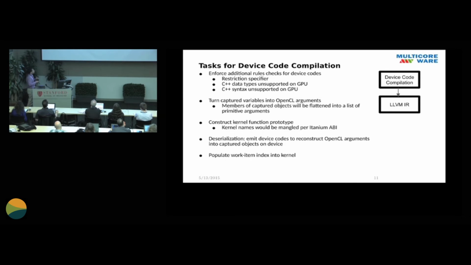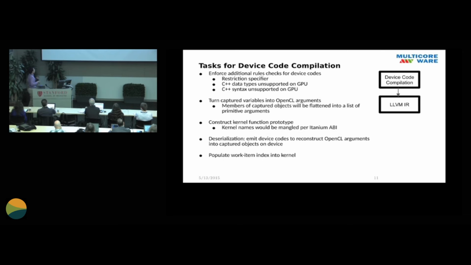And also, I forgot to mention that in C++, lambda functions have no name associated with them. So how do we distinguish between different kernels? The compiler needs to do some work to name those unnamed functions. So we need to correctly construct kernel function prototypes, so host code can correctly locate which